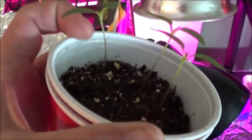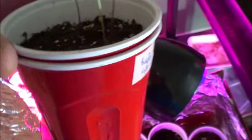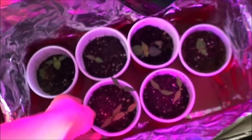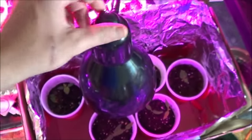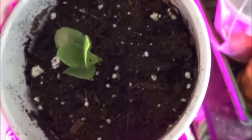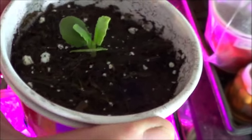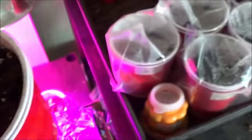They're a little leggy because they got leggy before I noticed they had sprouted. So that's why everything's in the nursery box now. Full on surround the light. Here's a little cutting I took from that, what is it, Flaming Caddy, I think it was called. So might as well put that in the nursery box in the empty spot for now until something sprouts from